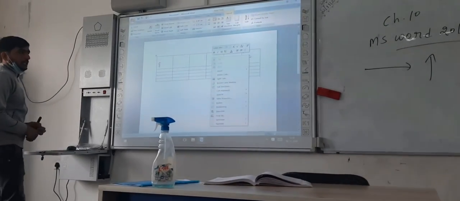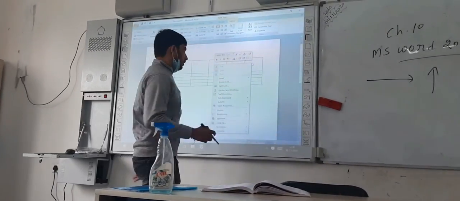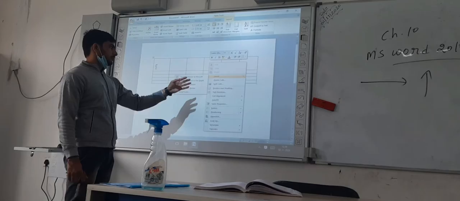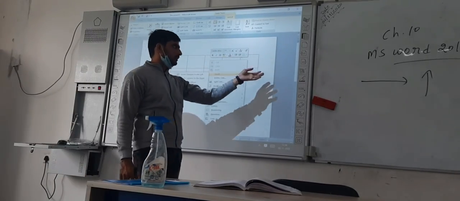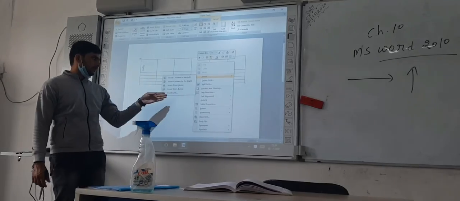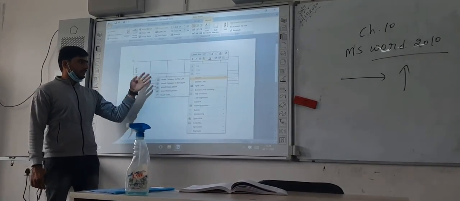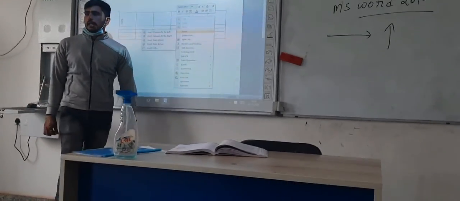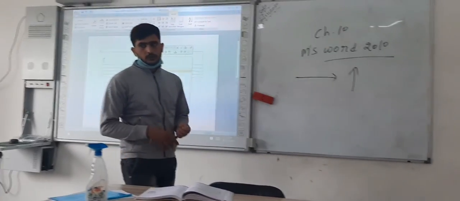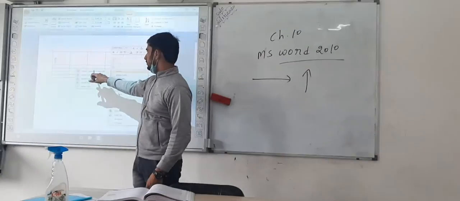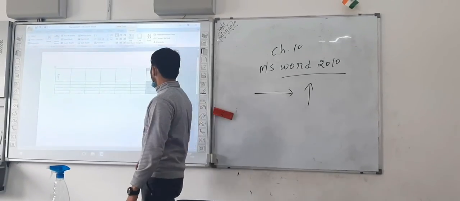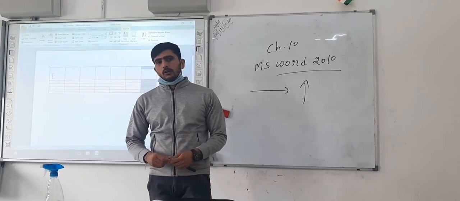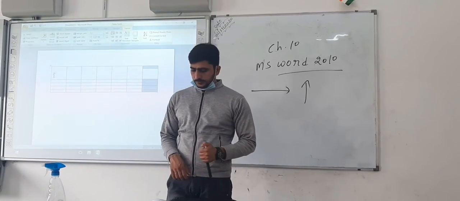So I have to right click in the box where I want to insert, and click on Insert, and you will see Insert Columns to the Left and Insert Columns to the Right. If you want to insert columns, select those options, and if you want to insert rows, you can select the row options. You will see one more row added to that table. Understand? That is a very simple and easy option.